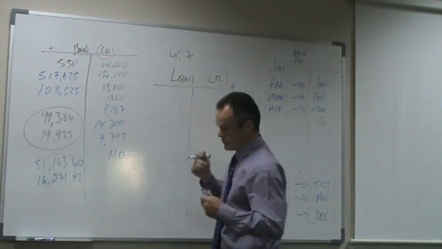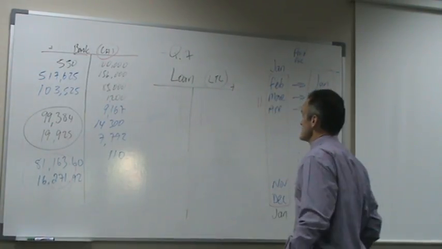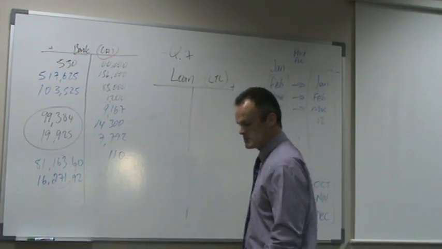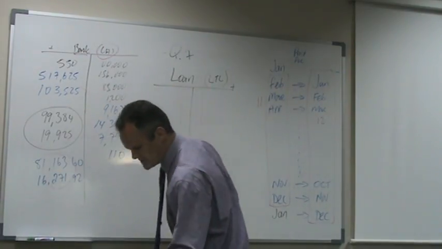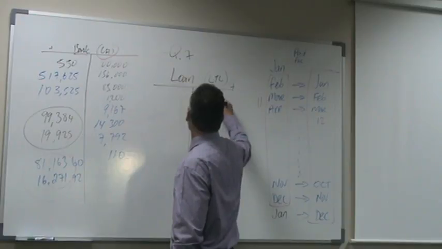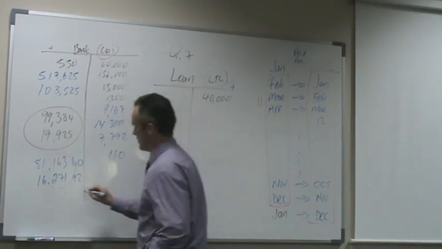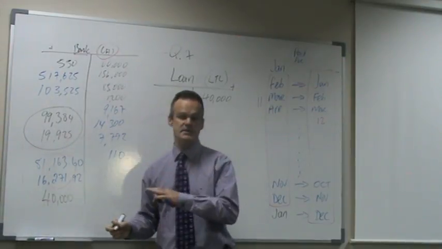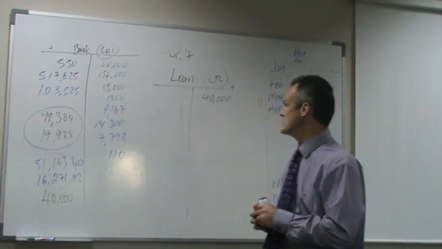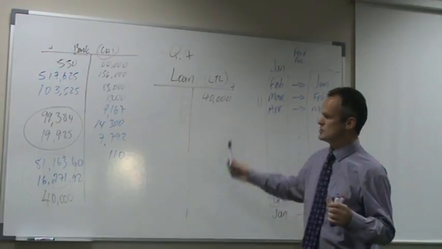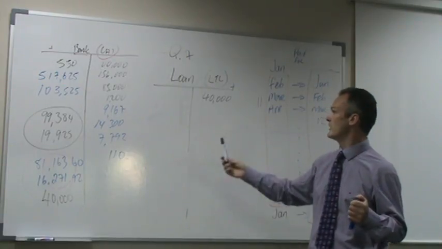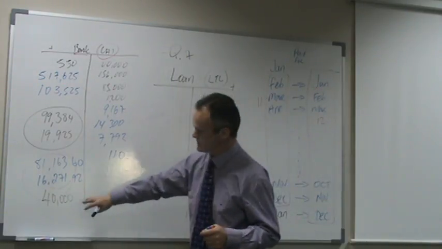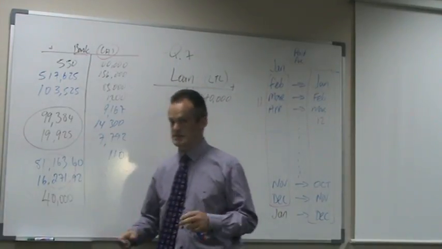Now liabilities increase on the credit side, so therefore we're going to put it here. The loan was for 40,000 and it was paid into our bank account. Now, bear in mind, the repayment of this loan we will get to, but the initial part of it is just 40,000 euros that we borrowed and it was paid into our bank account, and that is literally